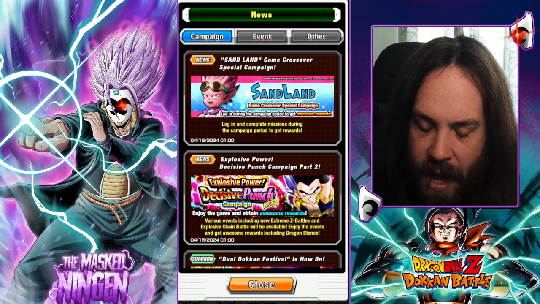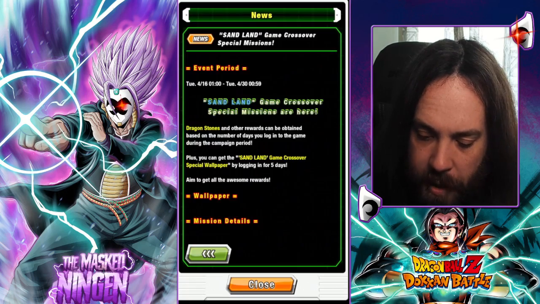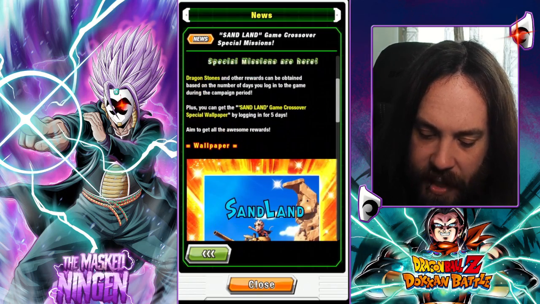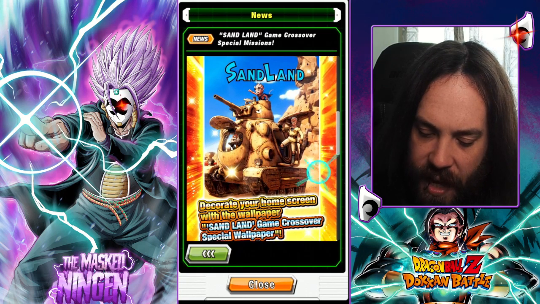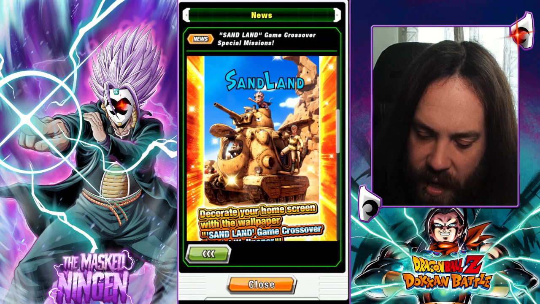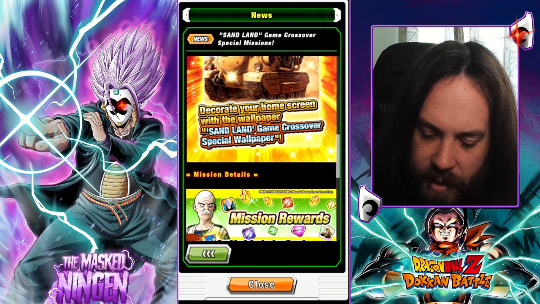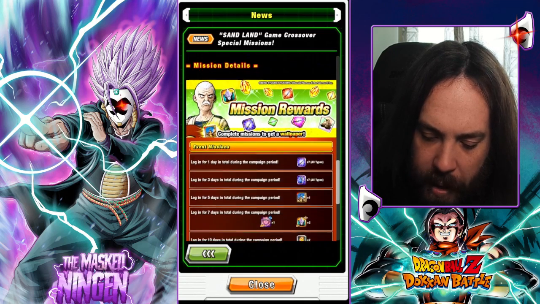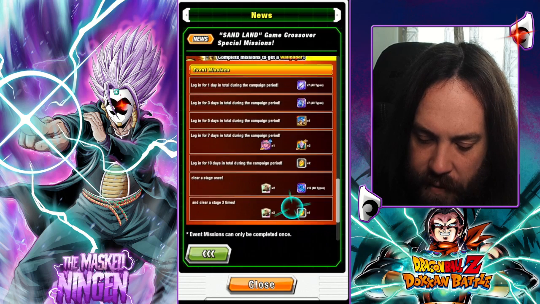If we take a look at the other news entry for the actual special missions themselves, we can see on here that they are basically all for logging in. By logging in for 5 days, you get the Sandland wallpaper, which is the crew on the battle tank. Decorate your home screen with the Sandland game crossover wallpaper. So you can see here, it is literally just log in for 1 day, 3 days, 5, 7, 10,